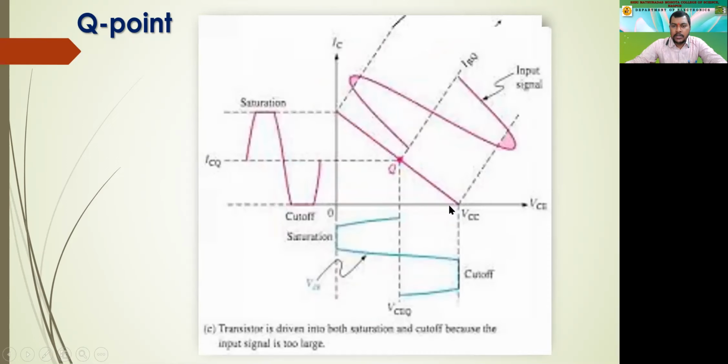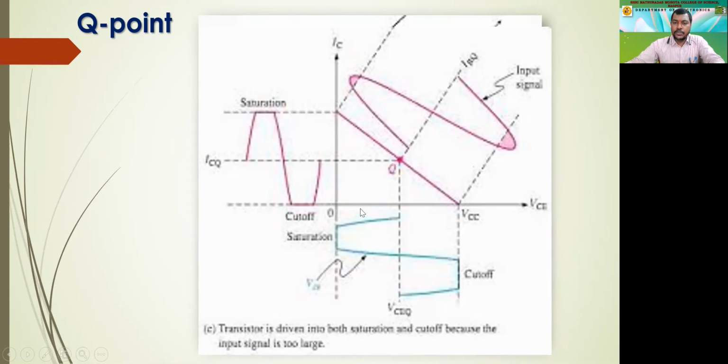But in this graph, you are able to see that there is some cutting of these peaks, right? So these peaks are being cut short because in this region the transistor goes in saturation, and in this region the transistor goes in cutoff. So we have to maintain a particular voltage. As I told you, the base emitter junction should remain in forward bias, whether the input signal goes low or high, it doesn't matter.